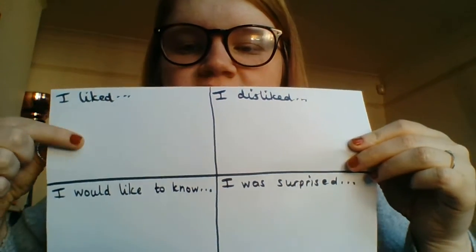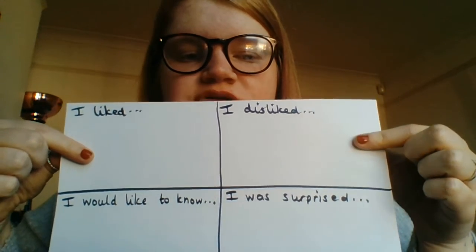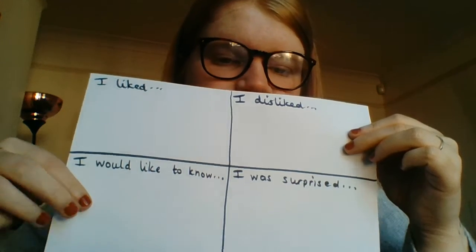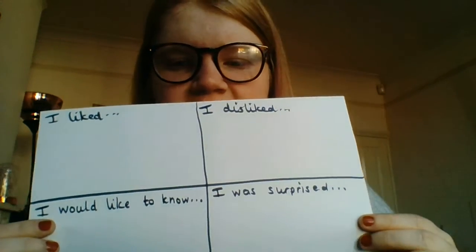Now, this particular activity we've done when we looked at suspense stories. So if you can cast your mind back all those months ago to when we thought about suspense stories, we're going to be thinking about our finding story in the same way. So we are going to be thinking about, now I think it might be backwards for you, but you get the idea: something that you liked about the story, something that you disliked about the story, something you would like to know going forward, and something that you were surprised about. Hopefully this is all sounding very familiar to you.